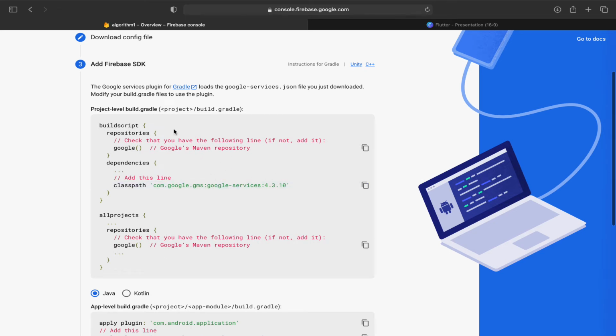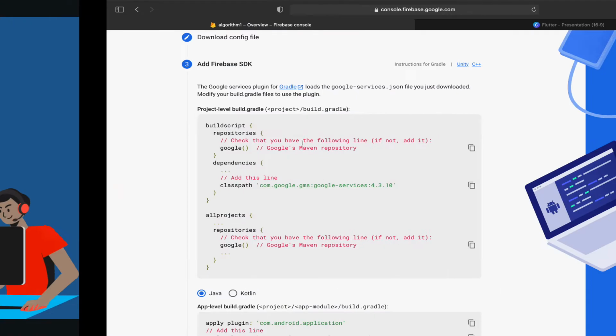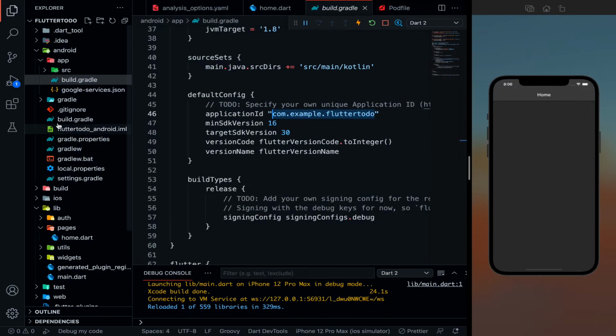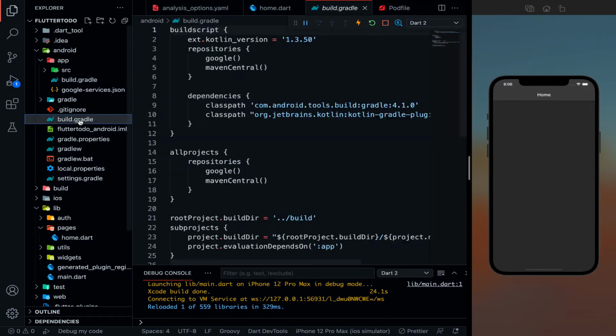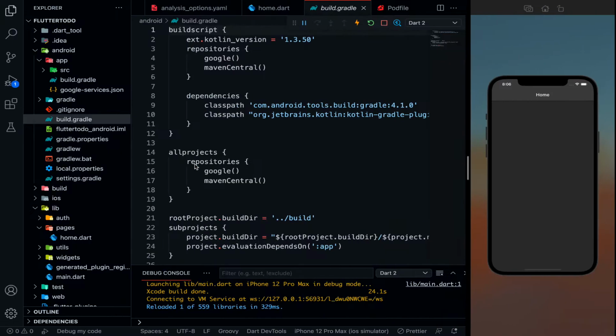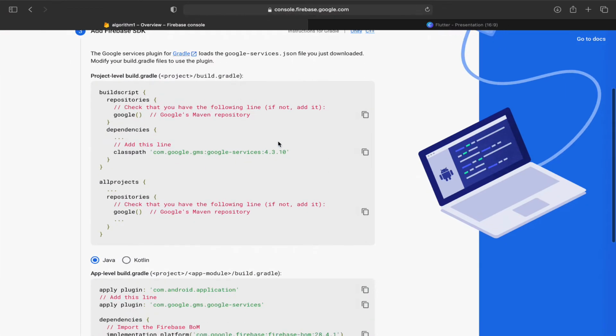So first thing is the inside this project then build.gradle. So we have two build.gradle files. First one is inside the app folder. Next thing is outside the app folder. So first thing it is telling me to go in the first build.gradle, that is this one, which is outside the app folder. Go to this and let's copy what it is telling. It is telling me to add the Google Maven repository. So it will be able to communicate with Google, but it is already added, so we don't have to add it. Next thing is to add a dependency.